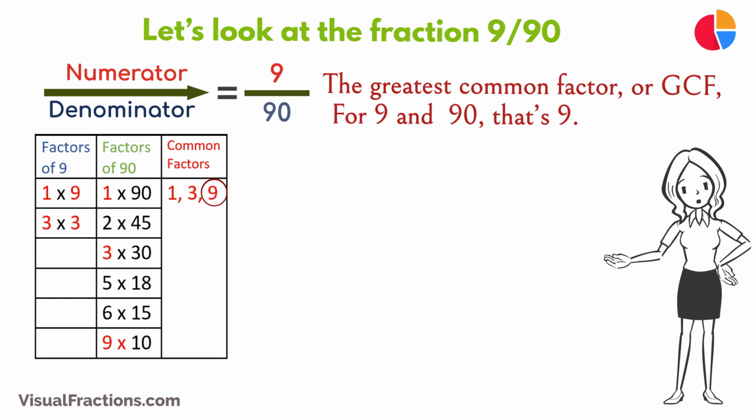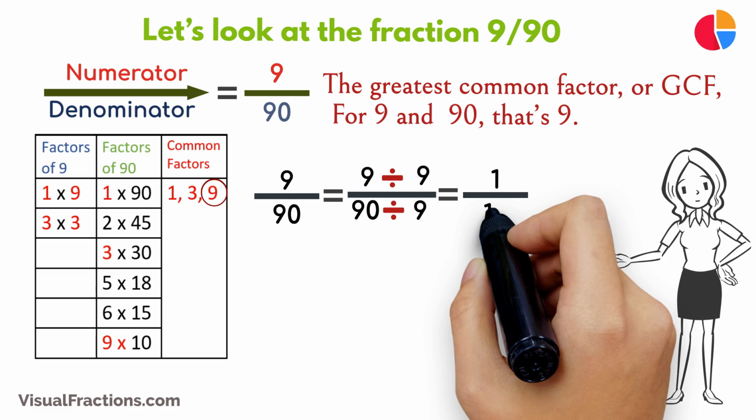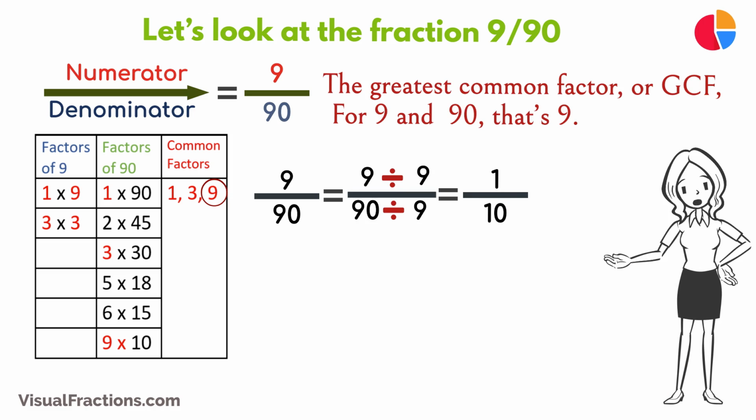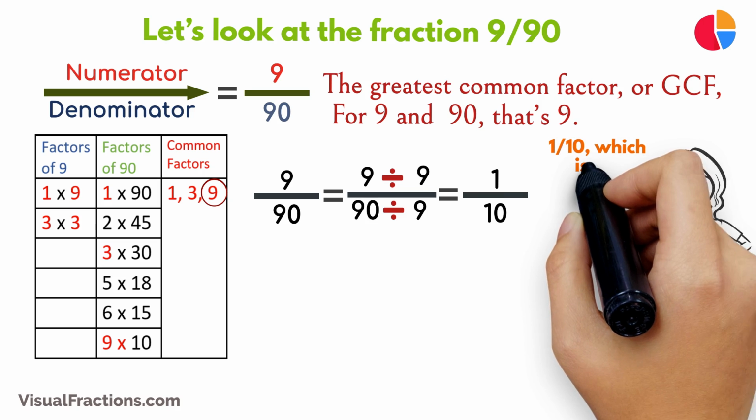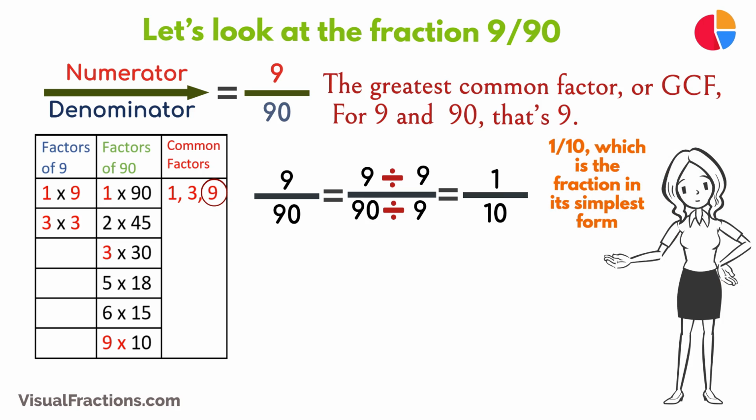We start by dividing 9 by 9, which gives us 1. Then we divide 90 by 9, which results in 10. So, simplifying 9/90ths, we end up with 1/10, which is the fraction in its simplest form and cannot be reduced